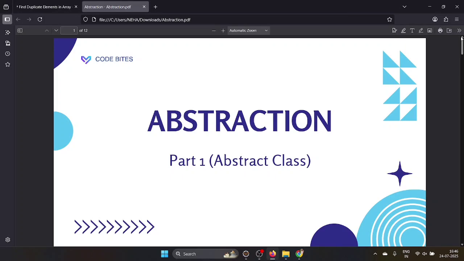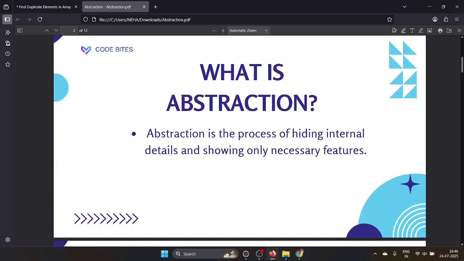So don't worry, I will explain completely in an easy way, and I will try to explain in depth. I'm making two videos so that you will get clarity. I'm dividing it into two parts, and here we have two important things to learn. So I'm making part one and part two so that you will get clarity about this. So let's go and learn what abstraction is.